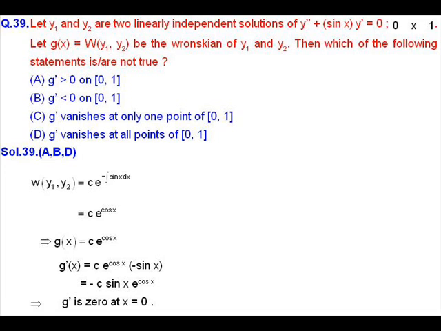Solution of question number 39. In this question we have y1 and y2 as two linearly independent solutions of the differential equation y double dash plus sin x times y dash equal to 0,